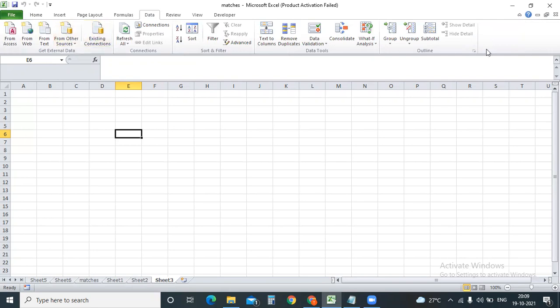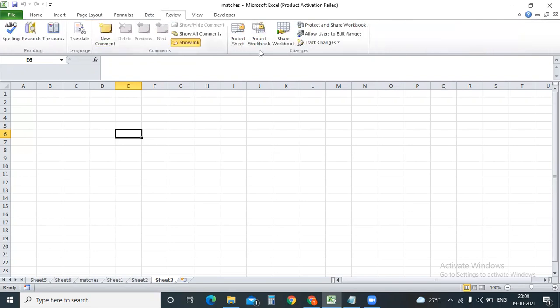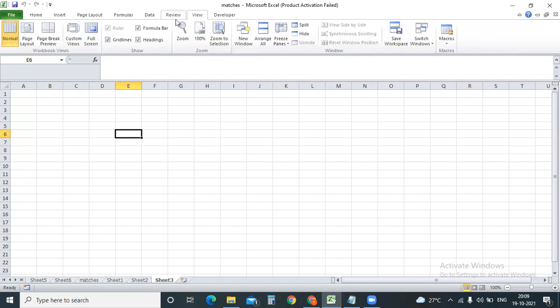Data we are about to discuss now. And review, protect, and everything has been done yesterday itself. And view. So we are in the view and we are in the freeze panes, right? And we are ready to discuss these options, and that's it for this view ribbon, correct? Yes, no?